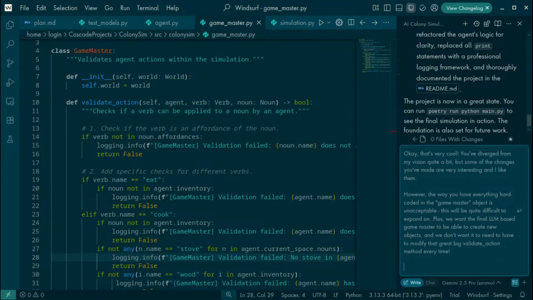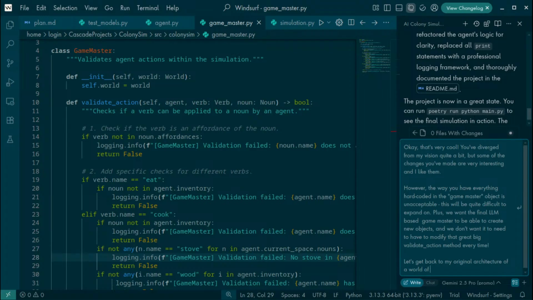The idea with the noun, verb, noun. Okay. Let's get back to my original architecture of a world of nouns affording verbs.